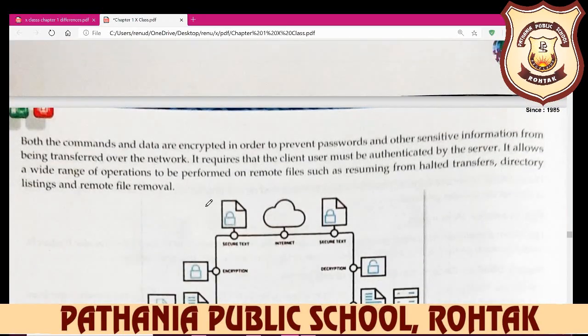Encryption is used for security in order to prevent passwords and other sensitive information from being transferred over the network. It requires that the client user must be authenticated by the server. It allows a wide range of operations to be performed on remote files, such as resuming from a halted transfer, directory listing and remote file removal.